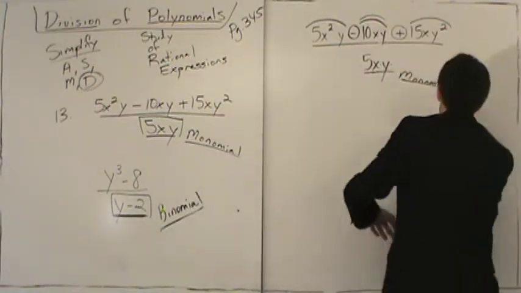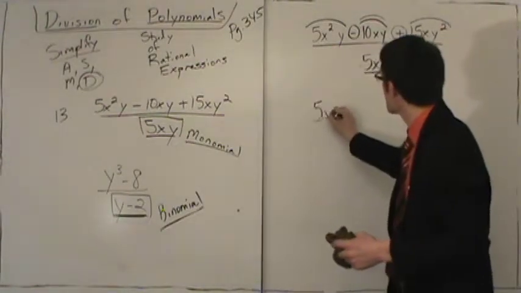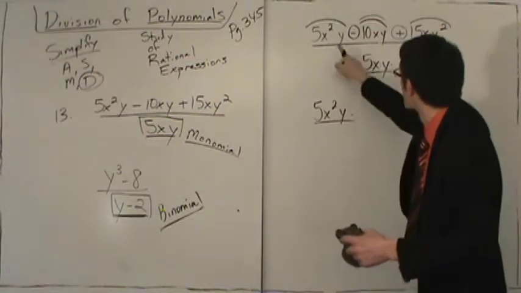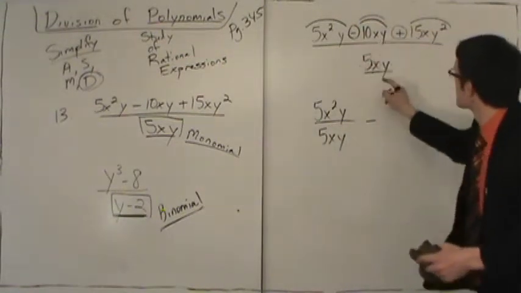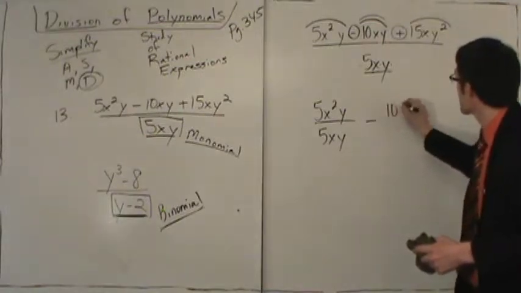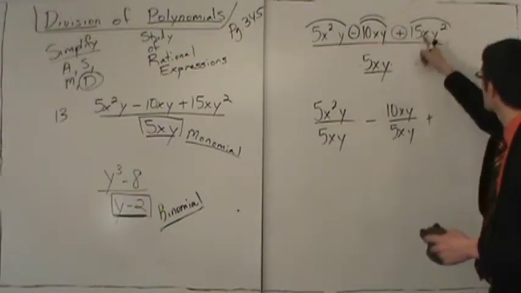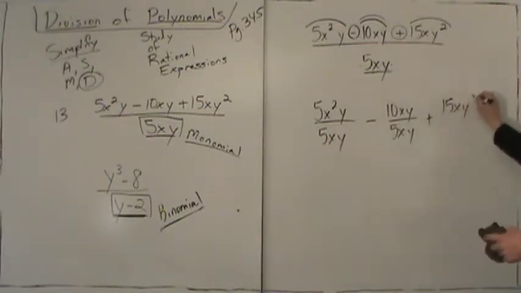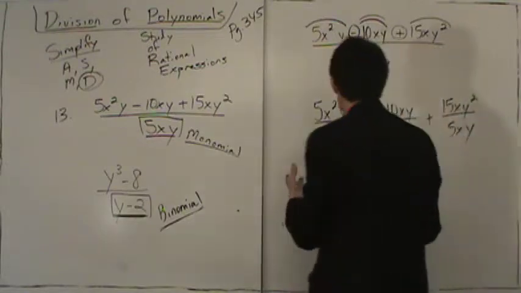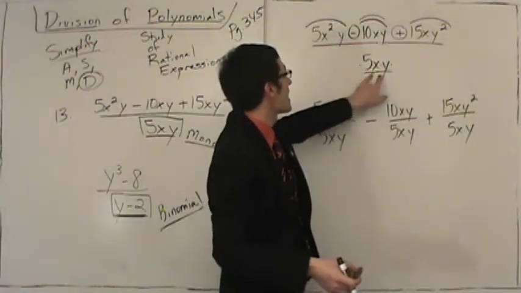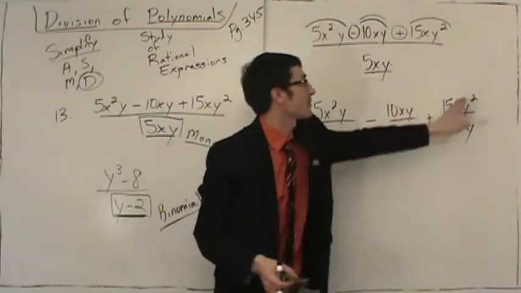So we can split the addition to simplify this. Watch, this is so easy. So we're going to say that this is 5x squared y over 5xy minus, we're splitting the addition, 10xy over what? 5xy plus, split the addition, 15xy squared over what? 5xy. Now can we cancel? Yes. Notice that the 5xy does not cancel independently with the 10xy, but it cancels with all 3 after splitting